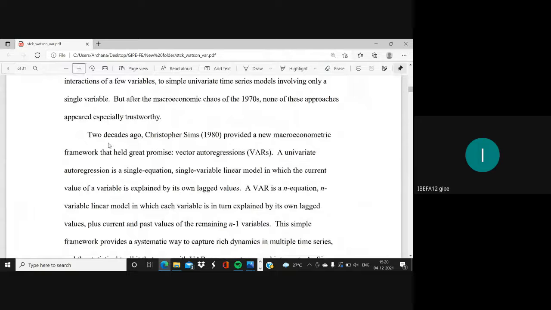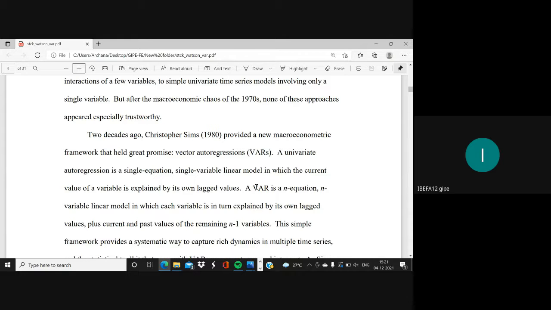I'll just go through certain important portions of this, because it will help you in your understanding. So two decades ago, somewhere in the 2000s, this PDF I think was written. Christopher Sims 1980 provided a new macroeconometric framework that held great promise, which is VAR models. So he contributed hugely to the development of VAR models, as I mentioned yesterday. And compared to what we studied earlier, ARIMA models, which have simply a single equation and you're looking at a single variable and how it evolves over time,